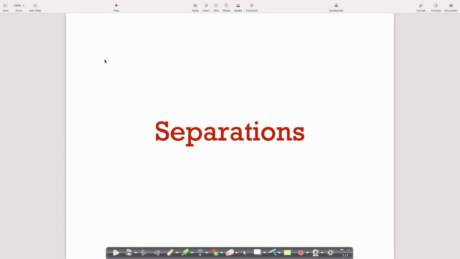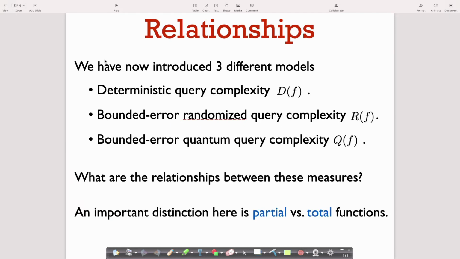So we've now introduced the definition of query models for three different types of algorithms, right? Classical deterministic algorithms, classical randomized algorithms, and bounded error quantum algorithms. And a nice feature of quantum query complexity is that we can show rigorous separations between these different models. Okay, so we can see examples of problems where one model is potentially much more efficient at solving that than another one. And in this segment, I'm going to summarize what we know about the relationships between these three different